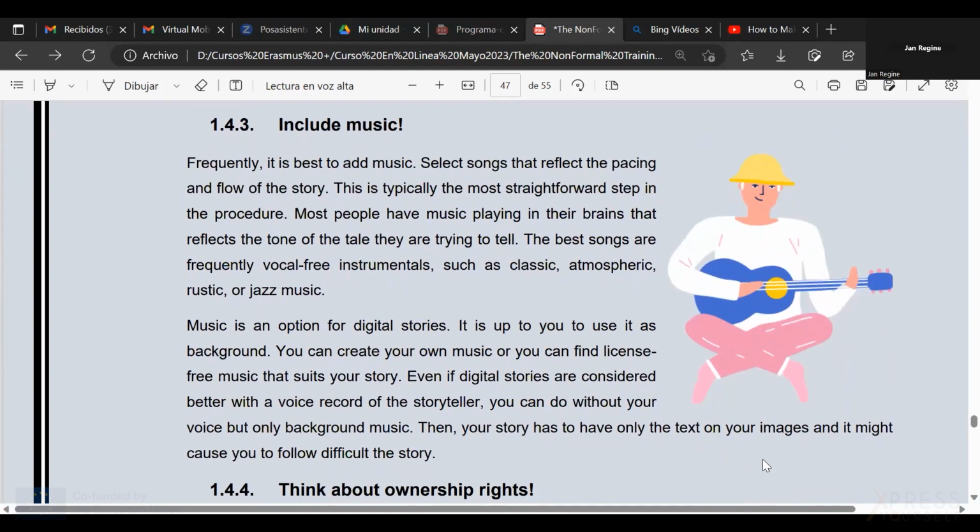Then including music is always the best thing to be done. As we said, music changes mood and sets the pace. It can be faster, or a more calm one, depending on the person that is listening.